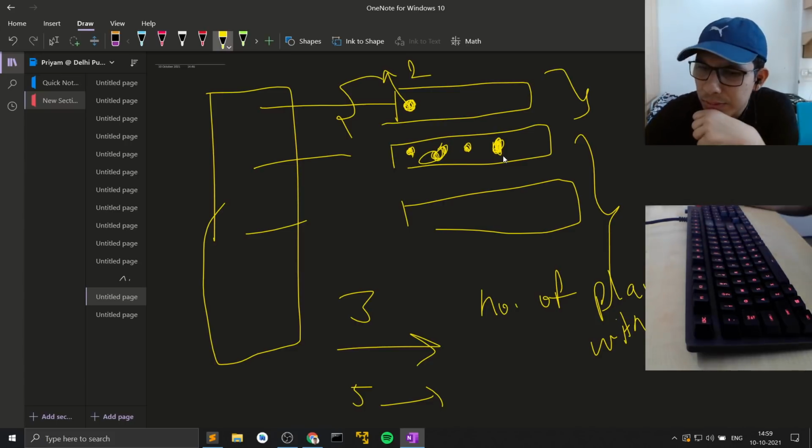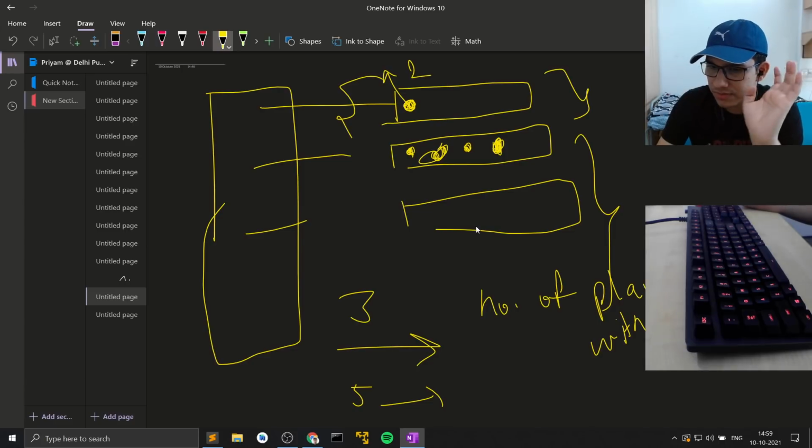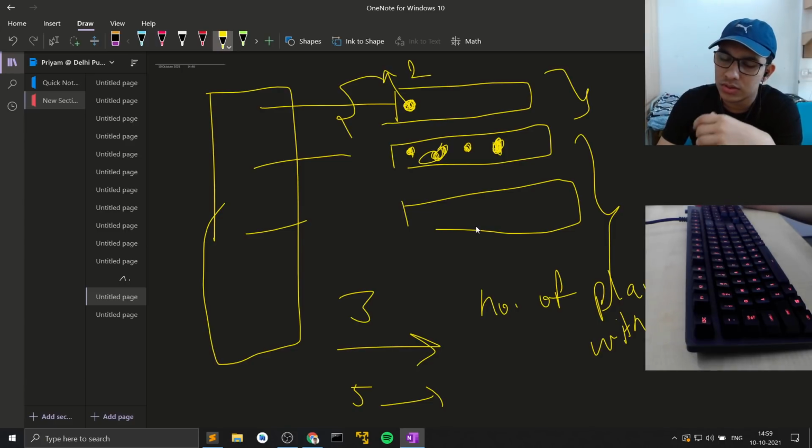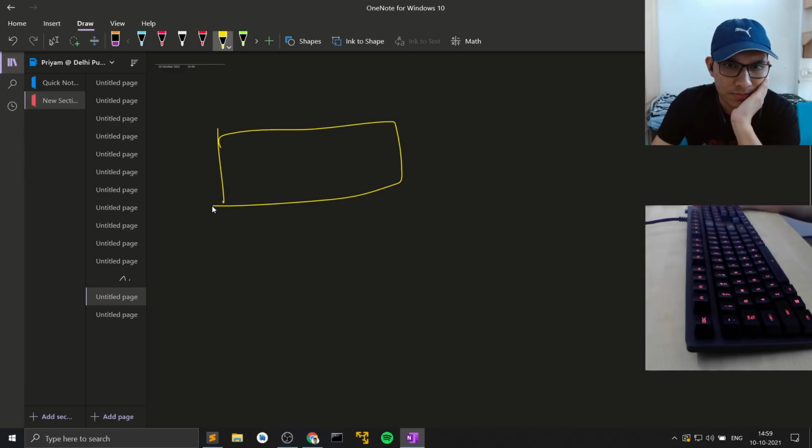Okay, what if I look at this problem in terms of inclusion and exclusion? If I consider all the possibilities first of all and remove the ones that I don't want to consider. So what are the elements that I don't want to consider? If I have a group of 3 elements, then I can have the following possibilities.